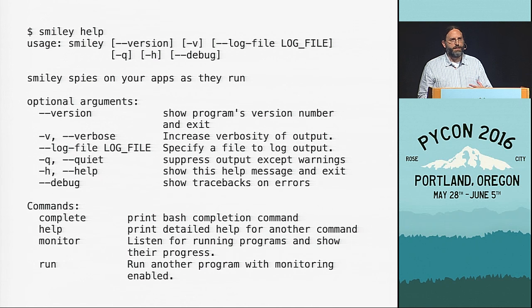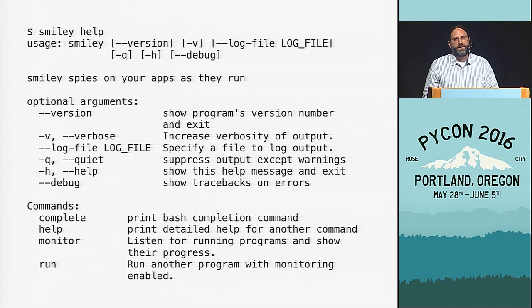But then as I built more and more of these things, I realized I'm doing a bunch of one-off scripts, and it would be better to build this in a way that was going to be more flexible and more extensible. So I switched from doing individual scripts to using the Cliff command line framework. That's a framework that uses argparse for parsing the command line arguments, but it also uses setuptools entry points to discover plugins for subcommands.